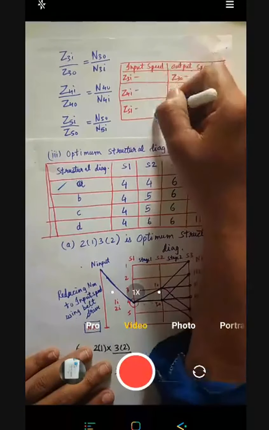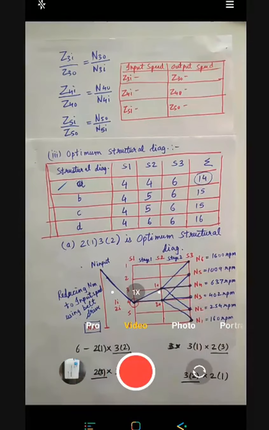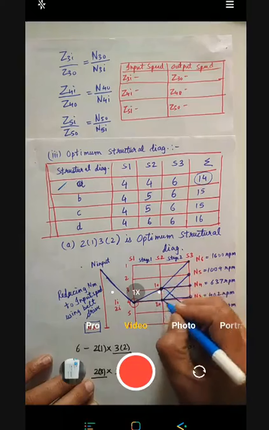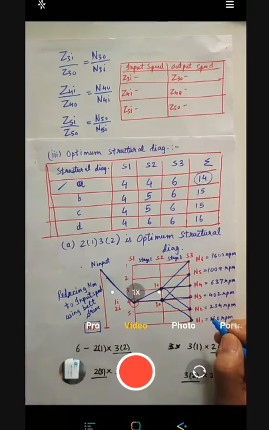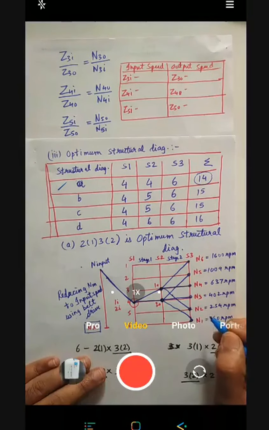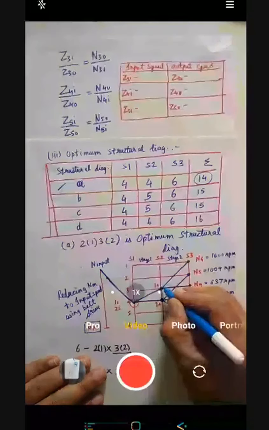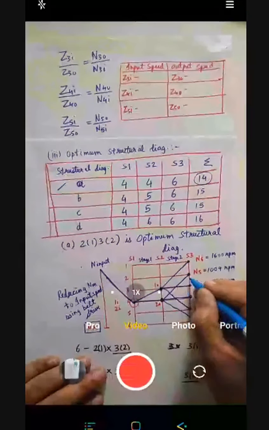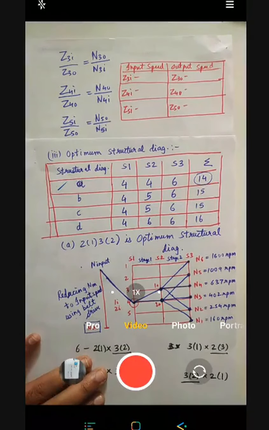So at one instant of time, these three values of input will be only a single value, or you can say that it will be same. So either you take this as the input or this as the input, it doesn't make any difference for our calculation. Few of you can take this as the input, few of you can take this as the input. Your output will change, and based on that, your number of teeth will remain same. Approximately it will remain same.